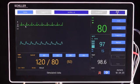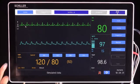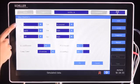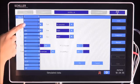The screen will vary according to the cables connected, the license options, and the system and user settings defined. Up to 3 waveforms can be viewed in the waveform area. To display the settings for the waveform, tap anywhere in the area. These settings allow you to configure what parameters will be visualized as waveforms,